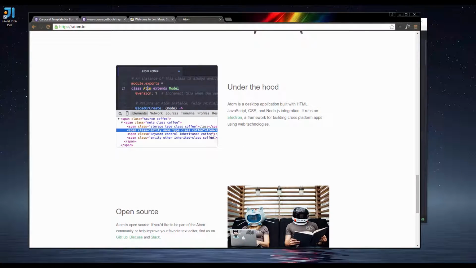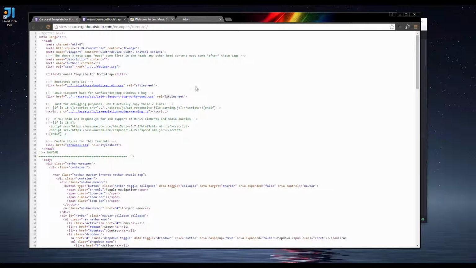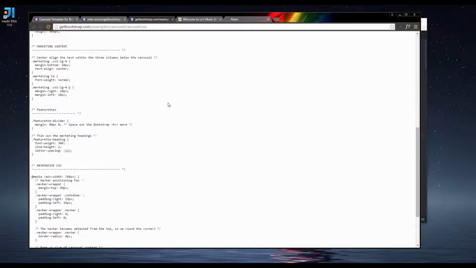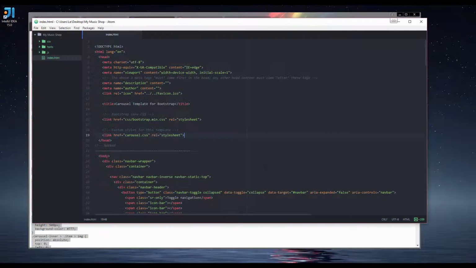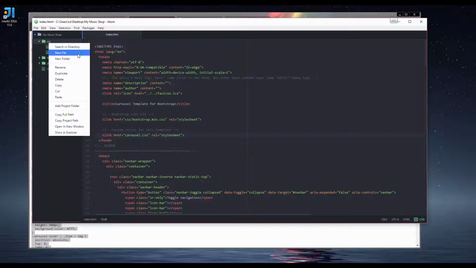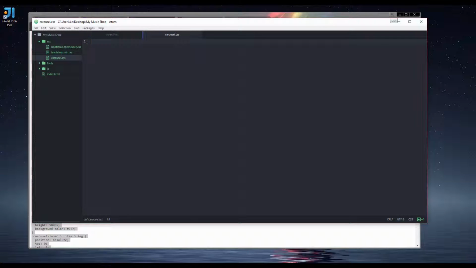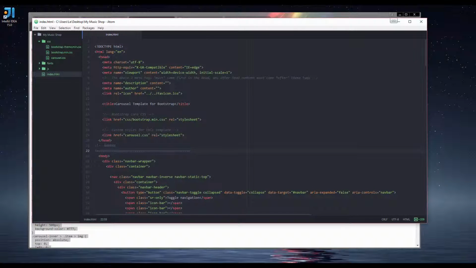So we go to the source code of that template and click on it. It shows us the content of that CSS file. Copy it, and then we go to the CSS folder, create a new file, say carousel.css, and paste it in here. All right, close it,